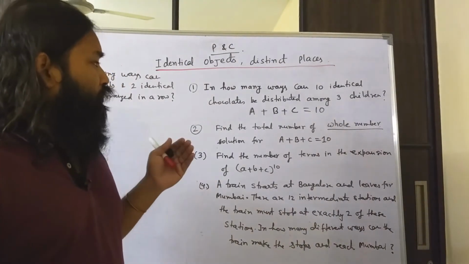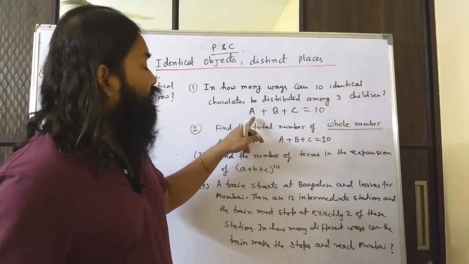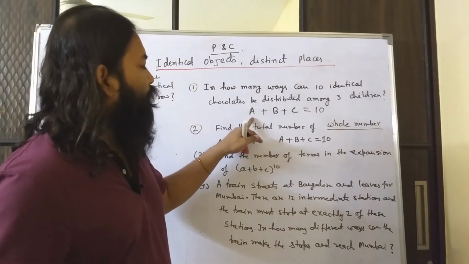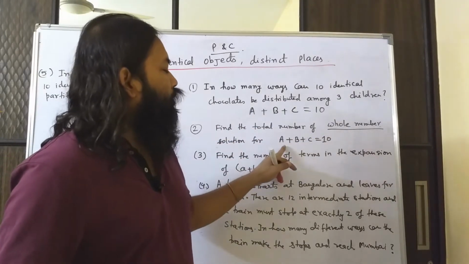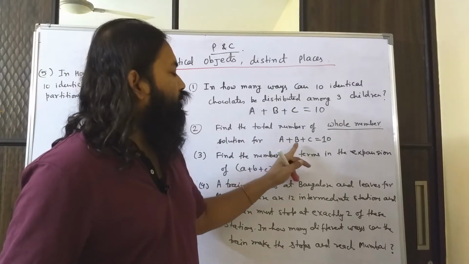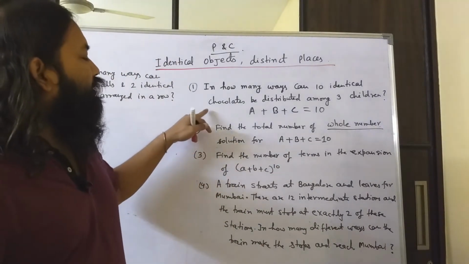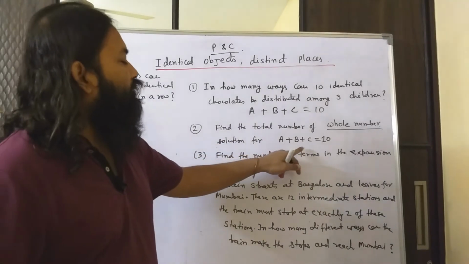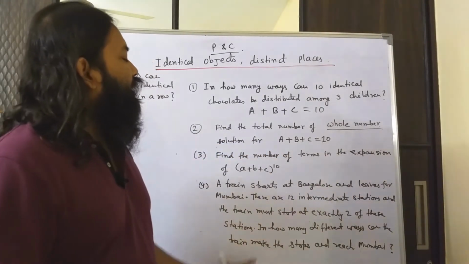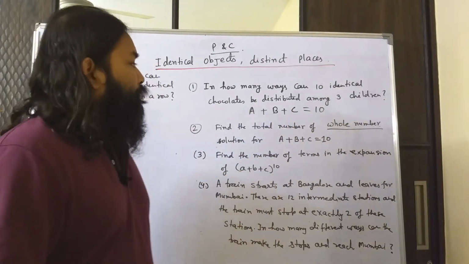So if you go to the previous question, as I said, any of the children could have got 0 chocolates also. So that is why when I say whole number solution, here also 0, 5, 5 or 0, 10, 0 is possible. So that's why these are exactly the same questions, because here also I am getting A plus B plus C equal to 10. Just that here it is A plus B plus C and here it is the number of chocolates.